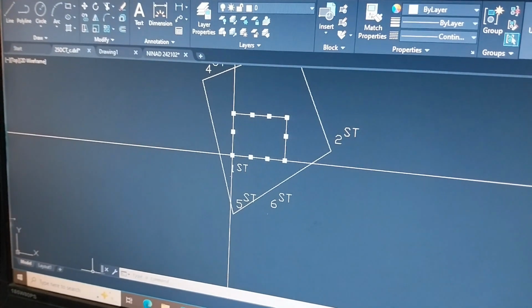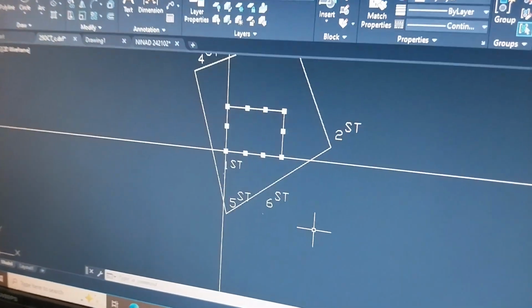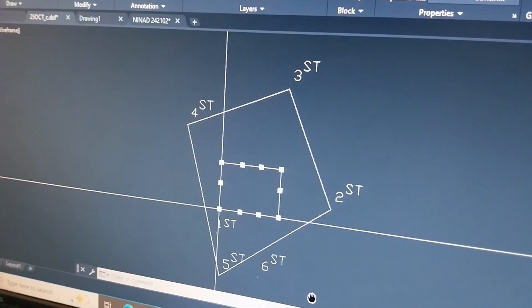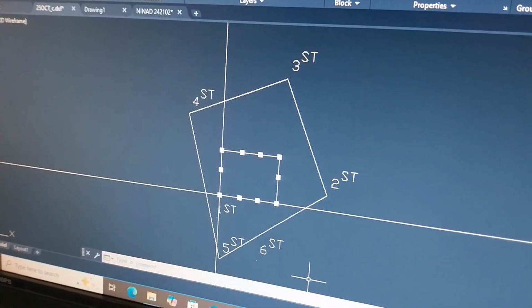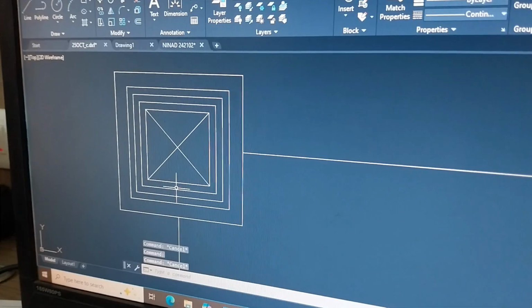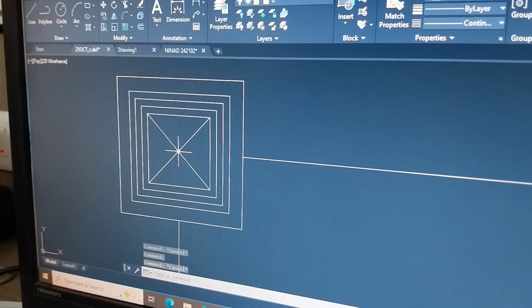By this way we have fixed our plan into our plot boundaries like this. We have fixed our center point.